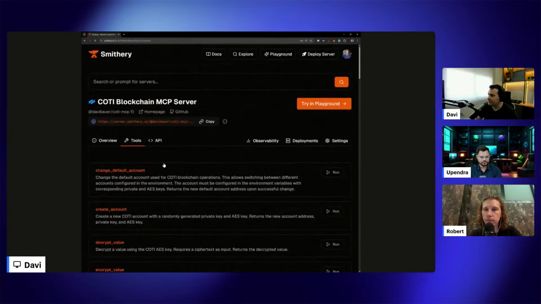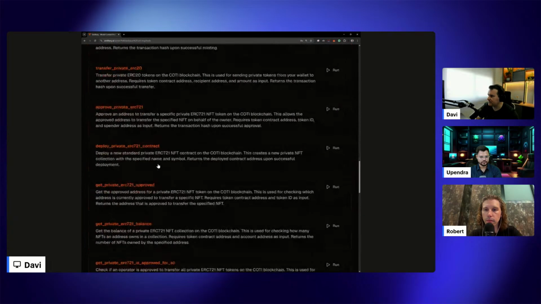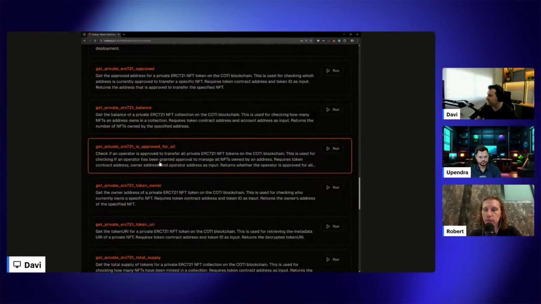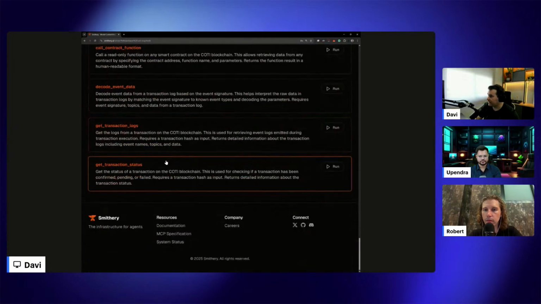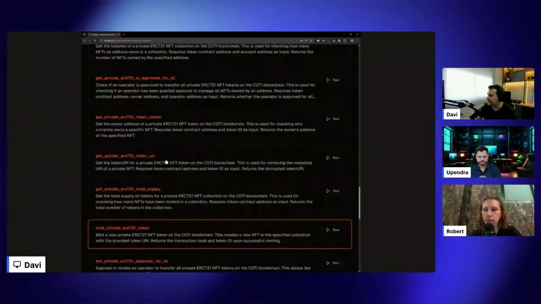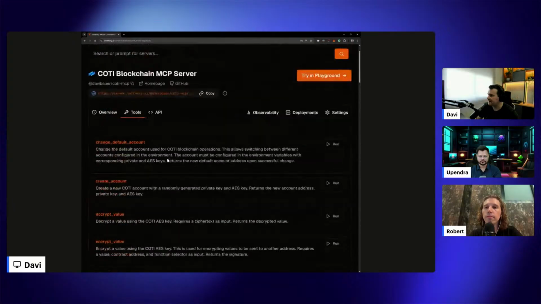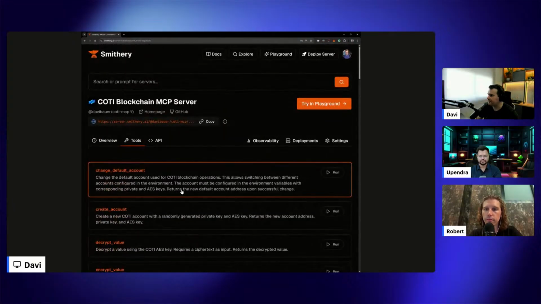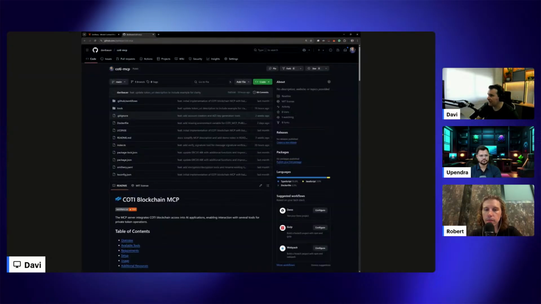And here is a good way to check all the available functionalities that we have so far, because we're constantly working on it and adding new tools, right? So for now we have just 35, but we are going to add new ones if needed to this MCP. And also here we can go to the GitHub repository, right?